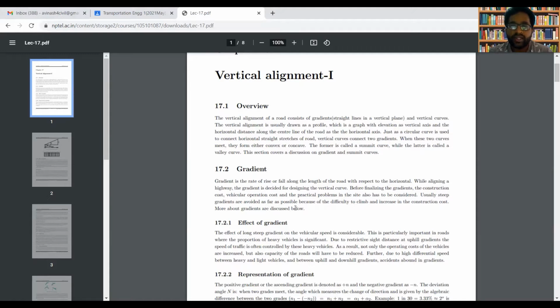For designing the vertical curve, we need to decide the gradient. Before the gradient is finalized, many factors need to be taken into consideration. What are the factors that need to be taken into consideration? One is the construction cost. In some cases, the geography of the particular location is such that